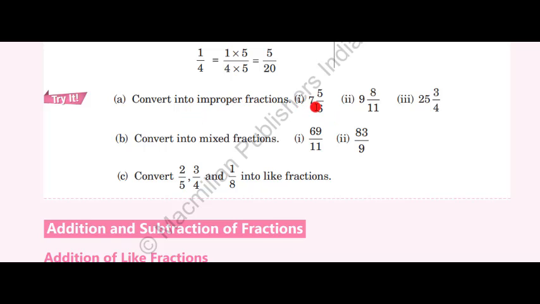Convert into the improper fraction, as it has been very much clear and it's very simple. We multiply, and whatever result we get, we add it with the number, and upon whatever the denominator is there. Converting into the mixed fraction, we have to divide. 11 will be kept outside and 69 will be inside, and we'll start our division. 11 6s are 66, and the result will come out to be 6 3 by 11. Similarly, you have to do it. Converting into like fractions, we have to take the LCM of 5, 4 and 8, and whatever numbers come, we will multiply by their respective numbers and we will get the result.